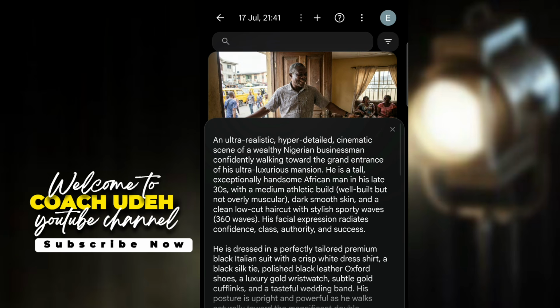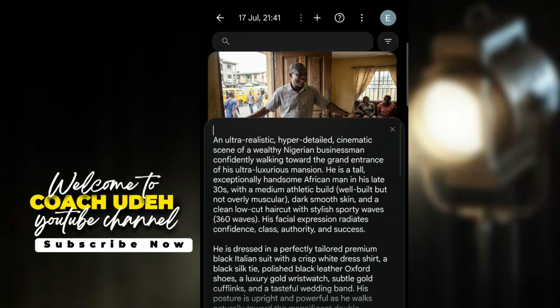Now look at this prompt: an ultra realistic, hyper detailed cinematic scene of a wealthy Nigerian businessman confidently walking towards the grand entrance of his ultra luxurious mansion. He is a tall, exceptionally handsome African man in his late 30s with a moderate athletic body build. You see that?